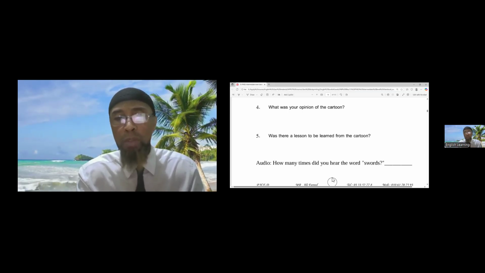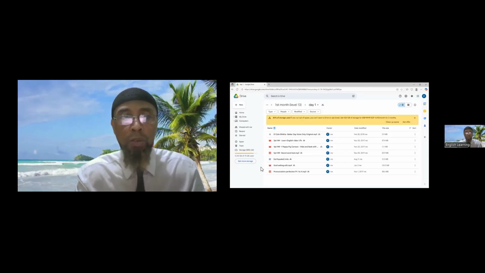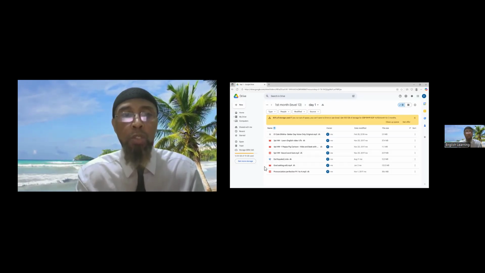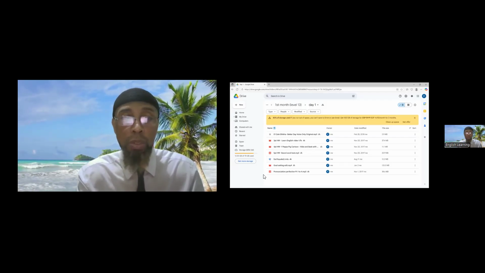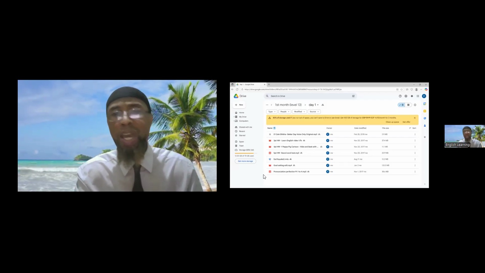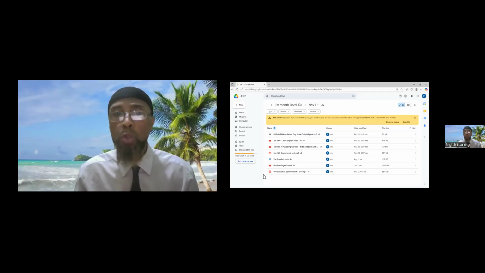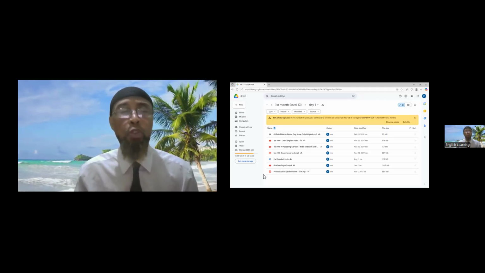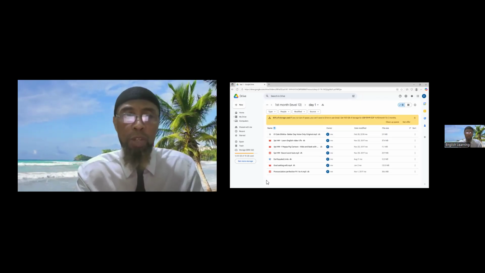Let's take a look at the Google Drive so you'll make sure that you know where to find that. All right. If you look here, you will see, as I just mentioned, right here, what does it say? Sword word test. So you're going to listen to that audio and count how many times you heard the word swords. Okay, the word sword, whether it's with an S or something connected to it before or after, but the main thing, the word sword, whether you heard sword or swords or cross swords, because it's quite often combined with another word before it, crossed swords. All right, so, but how many times did you hear it?